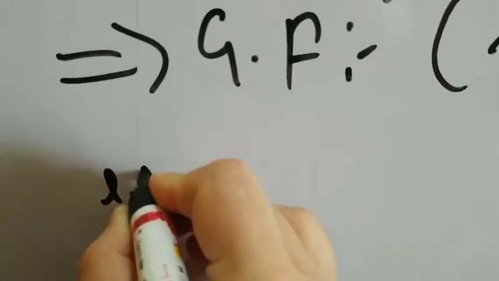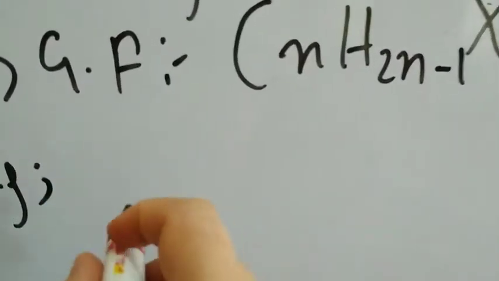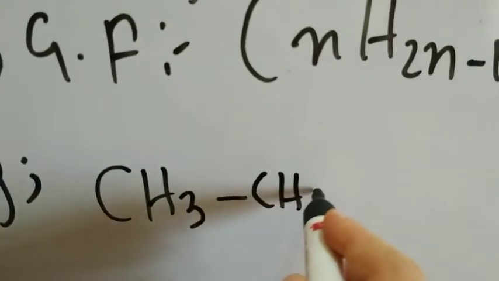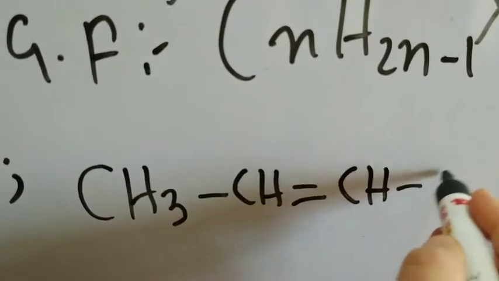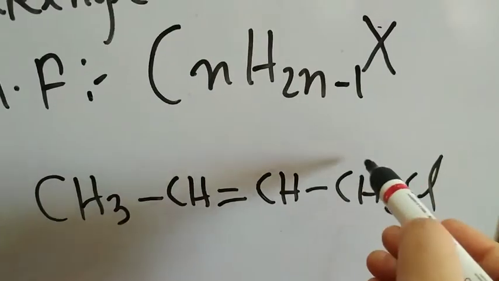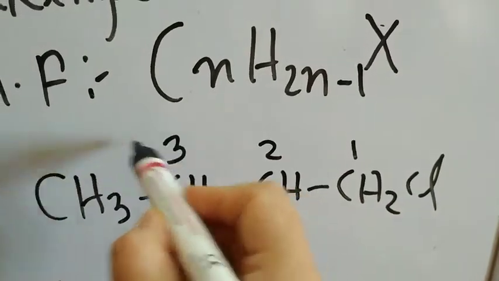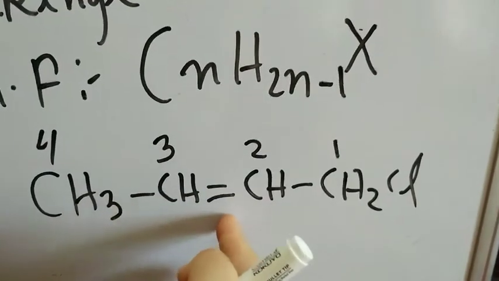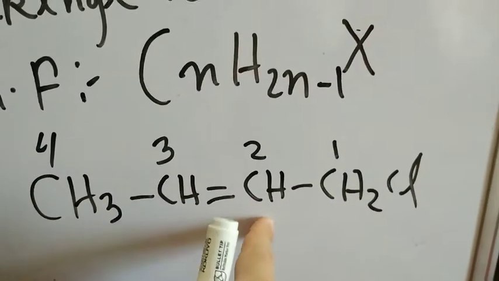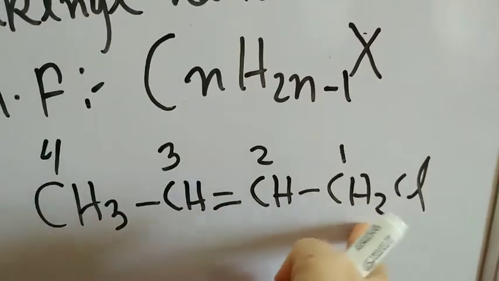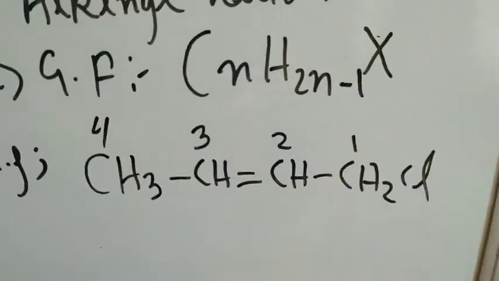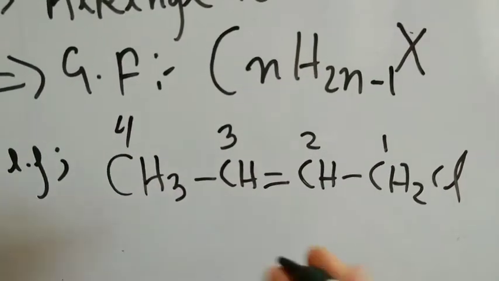If you have to give the examples, again in this section we'll be showing very simple examples. For example, let's do this. CH3 CH double bond CH CH2 Cl, right? If we have to name this compound, what is the name of this compound? Numbering will start from here, 1 2 3 4. Even though in the priority sequence the priority is of the double bond, but if you start numbering from here also, this will be carbon number 2. यहाँ से करेंगे तो this will be carbon number 2. When we start numbering from here, it gives the lowest possible number to the halogen atom also, right? That is why I started numbering from the left, which we'll do elaborately when we start nomenclature.